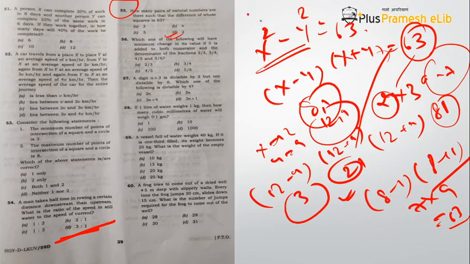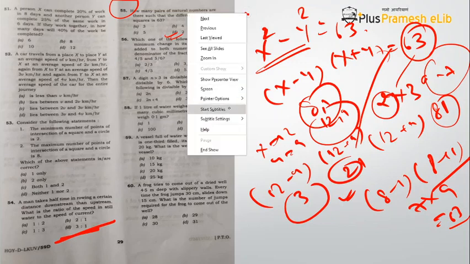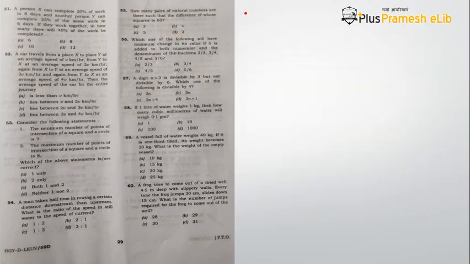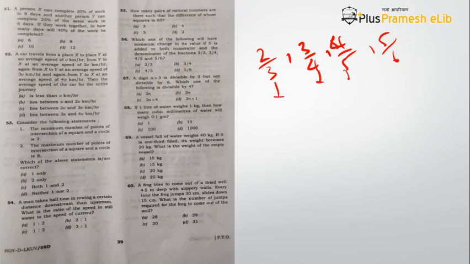Then you come to question number 56. See, in question number 56, the question is saying that you have been given 4 fractions, 2 by 3, 3 by 4, 4 by 5 and 5 by 6. Okay, and then you are being asked that if you add 5 to both numerator and denominator, then which of the fractions will have a minimum change? See, the longest or lengthiest way of doing this question is find out these fractions first.